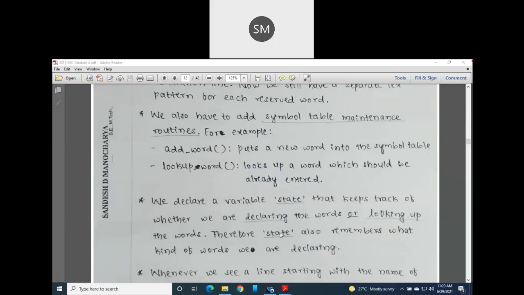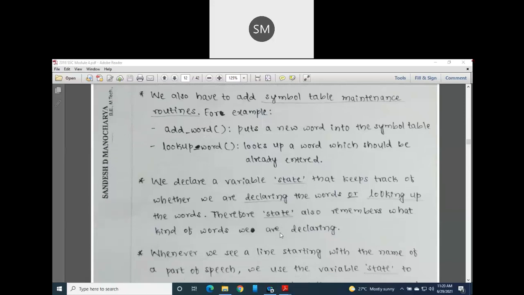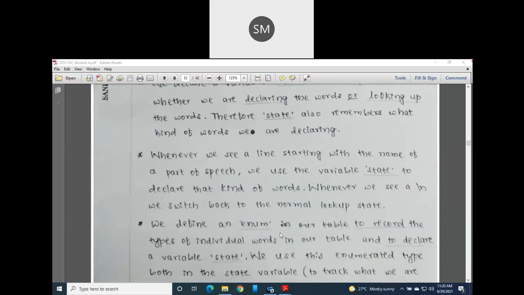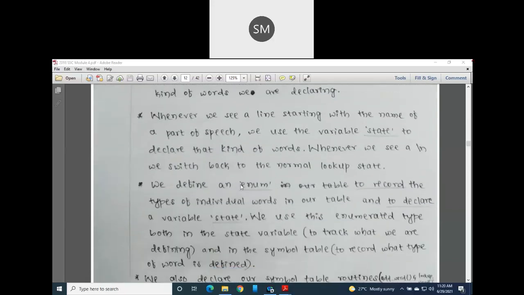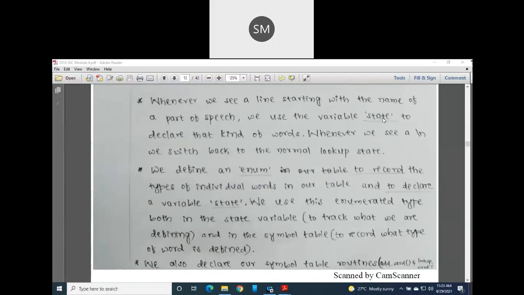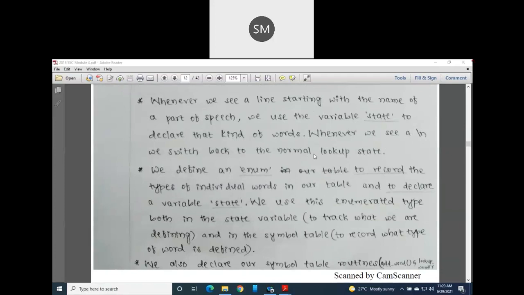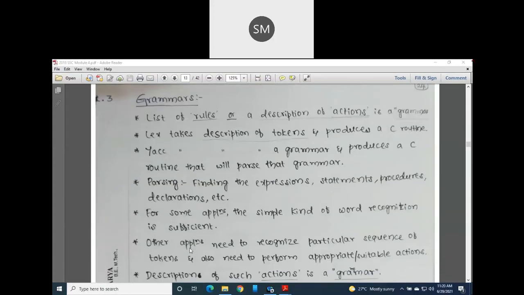Whenever we see a line starting with the name of a part of speech, we use the variable state to declare that kind of words. Whenever we see a slash n, we switch back to the normal lookup state. These are all for your extra knowledge, guys.